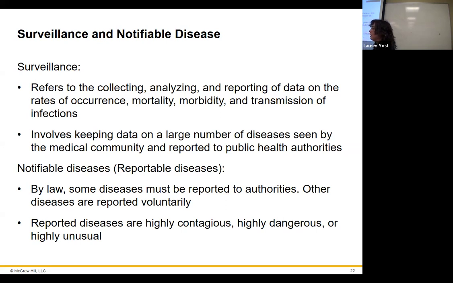You want to keep track of that stuff for certain diseases, right? So if a new strain of COVID comes out, then you want to start looking at everything related to that, so you can keep track of whether or not you think it's going to be a more severe epidemic than the other strains, or how many people you're likely to see die as a result of this disease, and all of that stuff. So that's the idea with surveillance. That's all it means. It's just watching out to see what's going on with that.